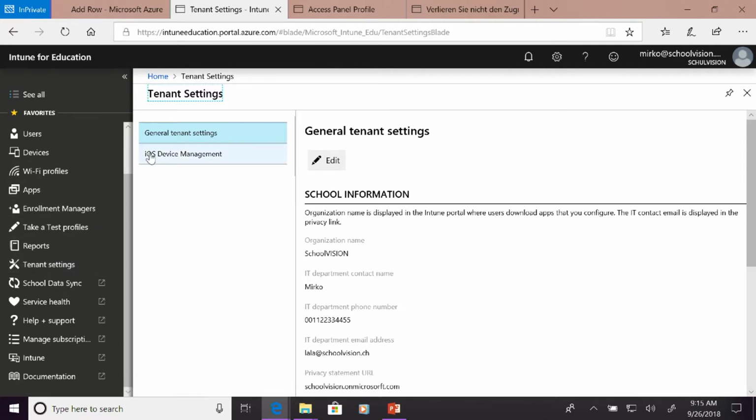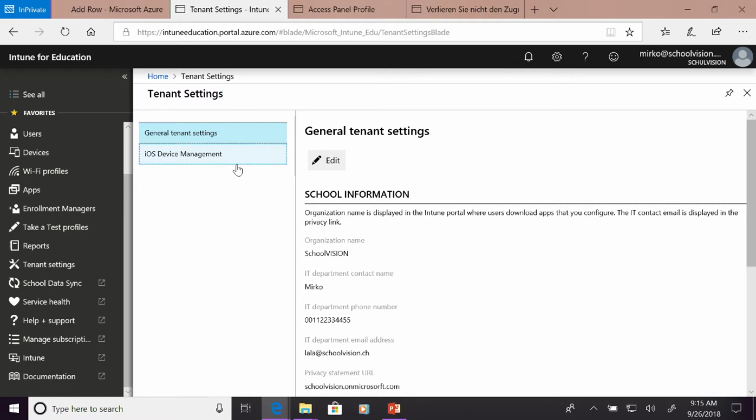So here are the general settings, where you can have a little brand for your school with the name, IT department, help desk phone number and stuff like this. And then you can easily enroll the Windows 10 devices. You can go to Windows 10 device, go to accounts, access Work or School, and just let the end user, the students, enroll their device, and they will show up in that portal anyway.